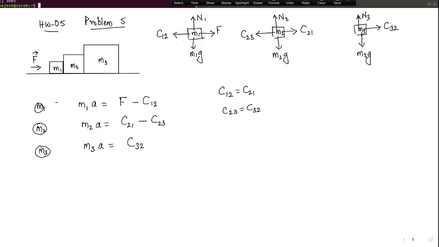Based on this, we can begin by adding all three equations. All the contact forces cancel because they come in opposite signs. So we immediately have M1 plus M2 plus M3 times acceleration, that is adding all three acceleration terms on the left, and on the right there is only one force that survives. This C12 cancels C21 and C23 cancels C32. So we immediately have acceleration is equal to the force F acting on the left, mass M1, divided by M1 plus M2 plus M3, which in the problem given to us,